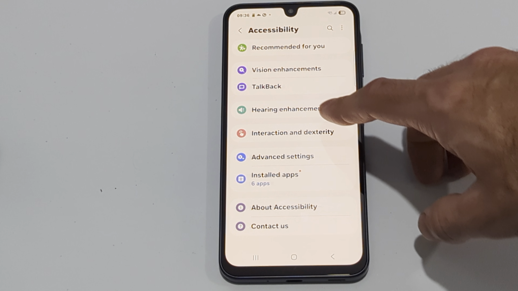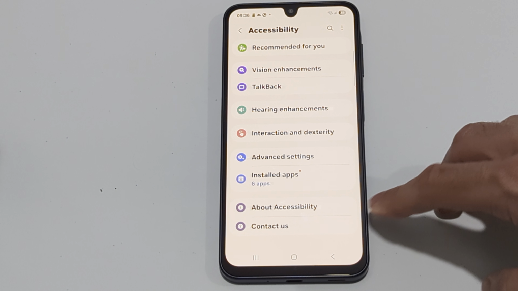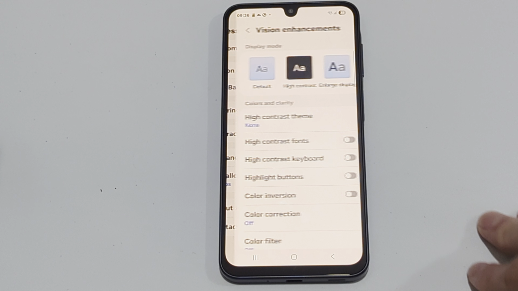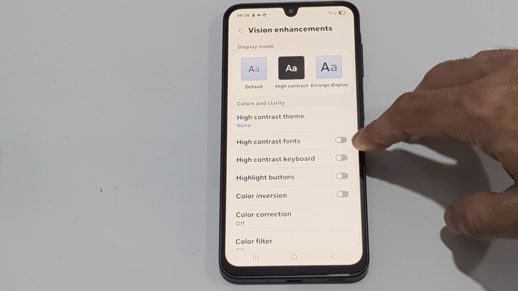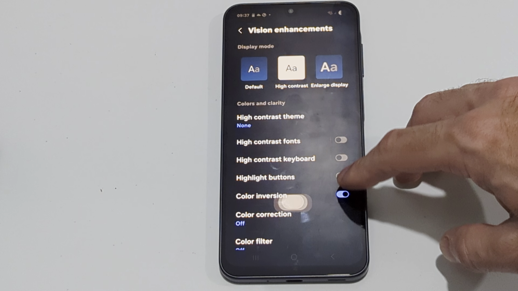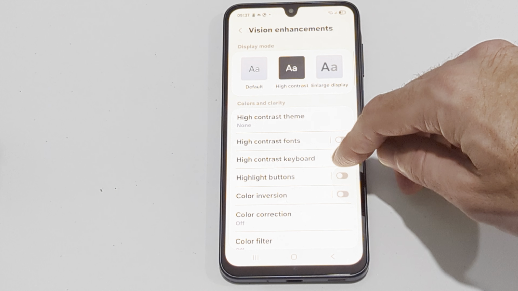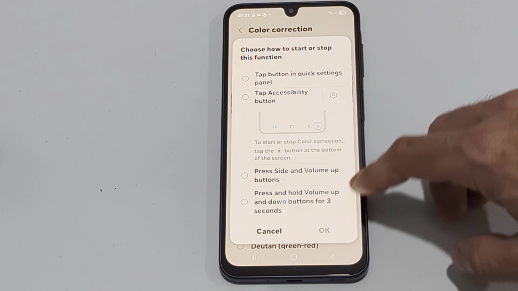And then we want to locate the options for our screen. So we got advanced settings right here. We want to go to vision enhancements. And we probably have something on, like we got high contrast, color inversion, color correction. So we can just turn this stuff off. And then here's color correction. So maybe you got color correction on